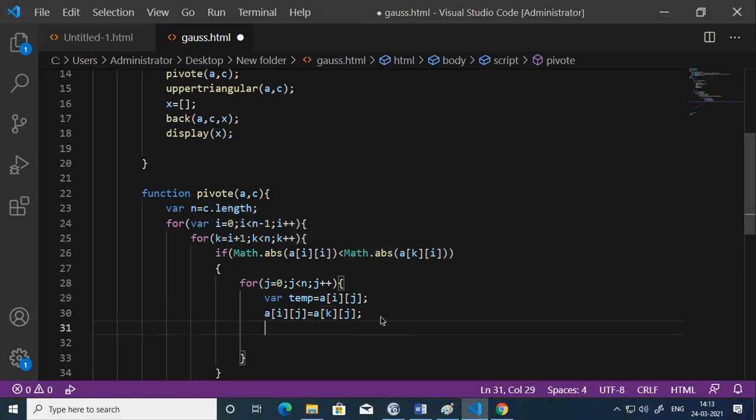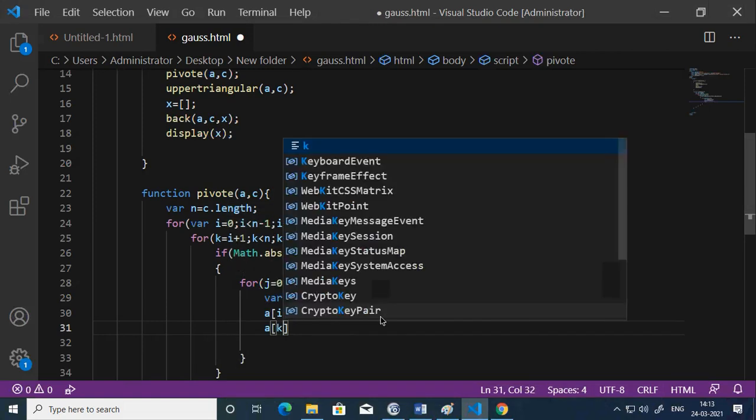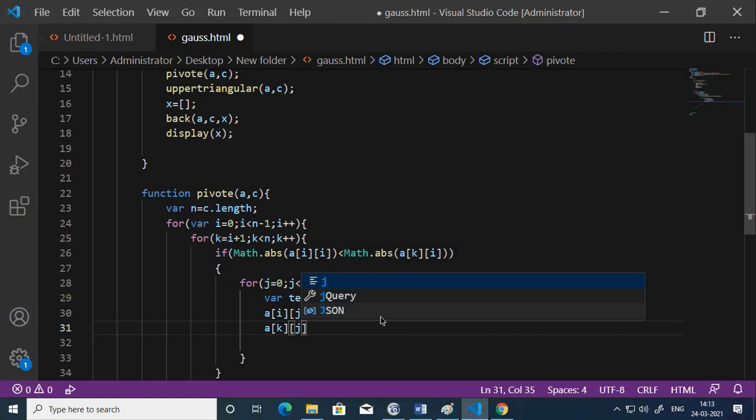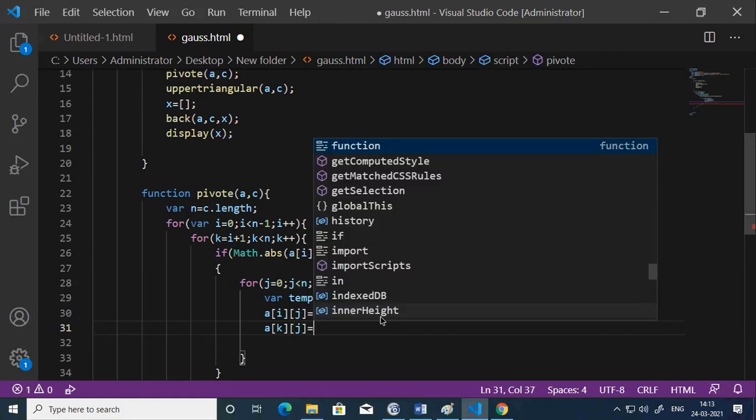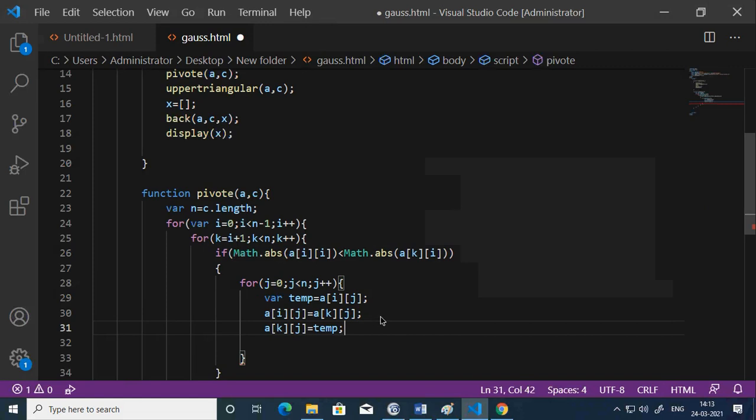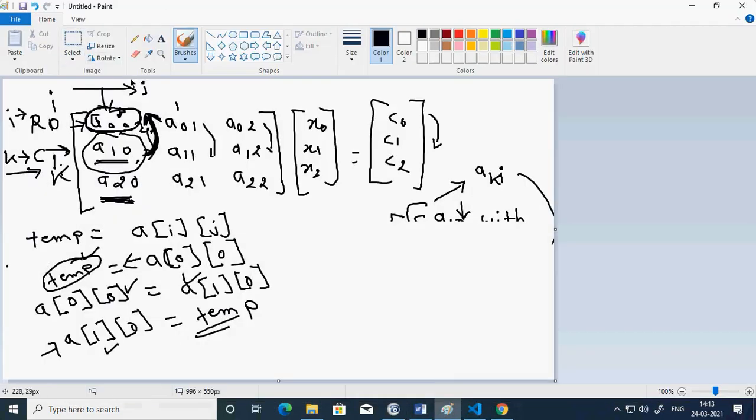And finally, A k j equal to temp. So what has happened now? If j is 0, the first column will be replaced. Let me go back. If my j value in this case is 0, then this will be replaced.